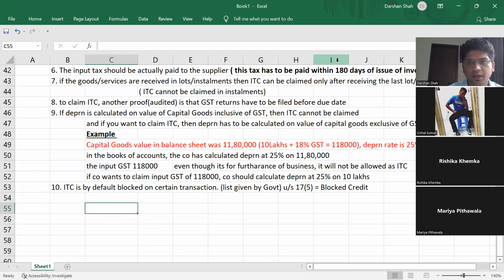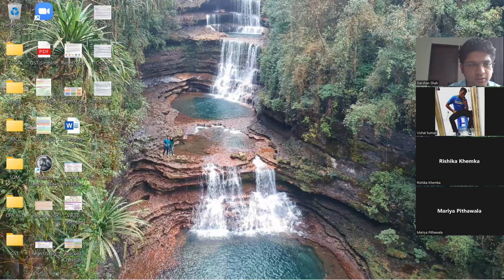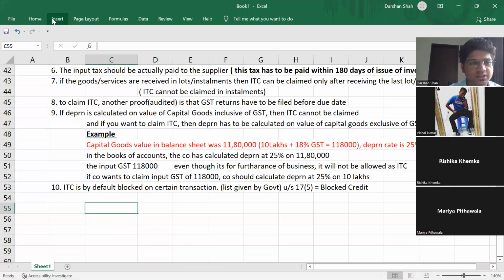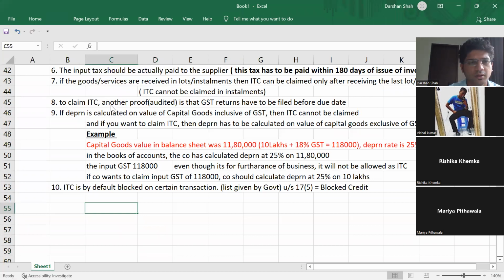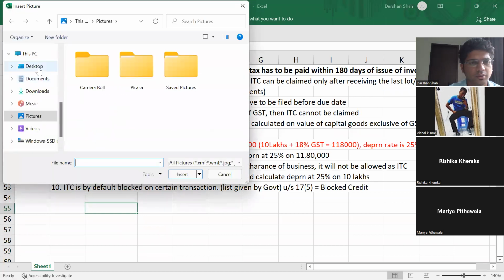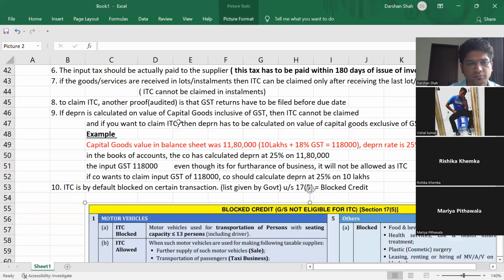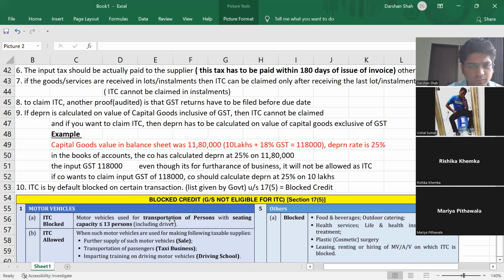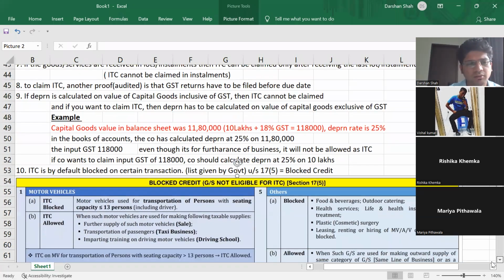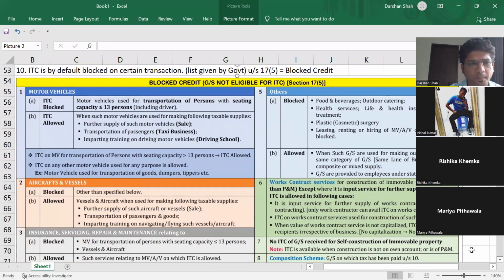All right, done. Let us look at the list. So I'll just insert the list from here only. Can you see the list in the Excel now? Yes, sir. Okay. So first one, if you have purchased motor vehicles for your business,